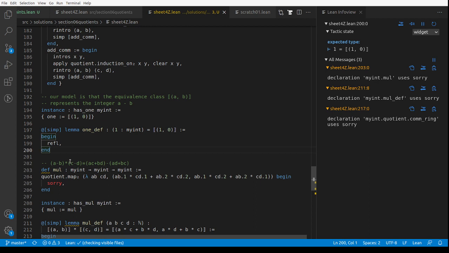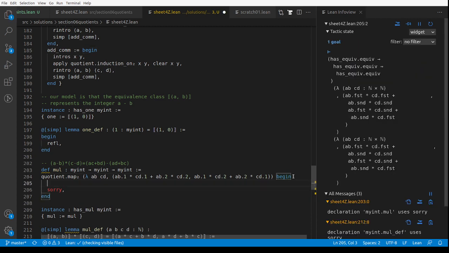A minus B times C minus D is you multiply it out, and then you collect it up into the things which you've got a plus and the things which you've got a minus. And so it's like sort of the complex numbers. There's a real part and imaginary part. Here we're doing the integers. We've got a sort of positive part and a negative part. So this is the positive part, and this is the negative part. Unless I made a mistake. If I've made a mistake, well, we'll find out pretty soon, because this proof won't